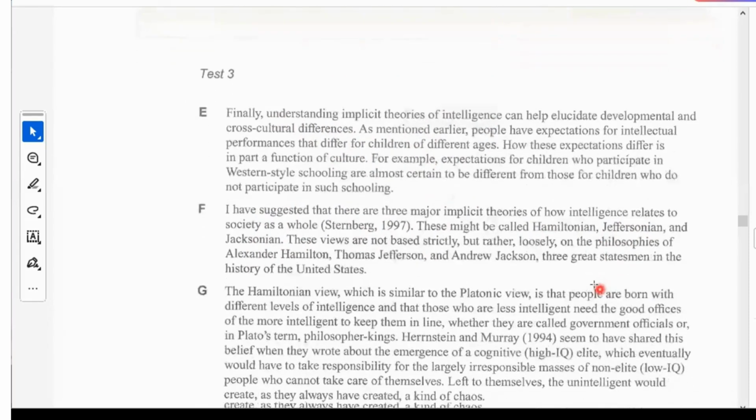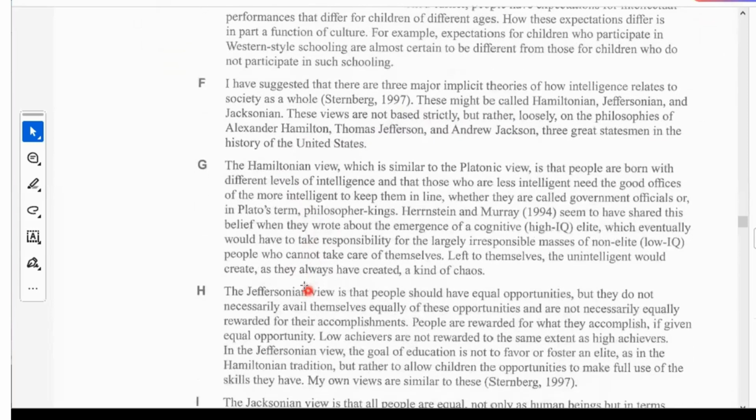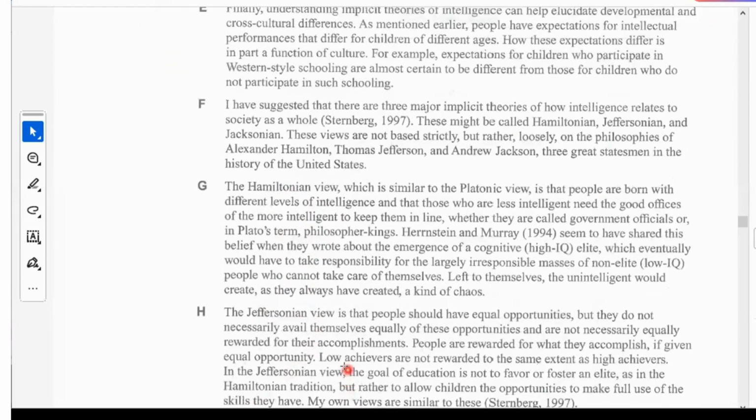Focus. You can see that they just introduced the 3 theories in paragraph F. Now, paragraph G gives us Hamiltonian, you can see. Paragraph H, Jeffersonian, and paragraph I, Jacksonian. Now you see we are focusing here now. Now, paragraph G. The Hamiltonian view, which is similar to the Platonic view, is that people are born with different